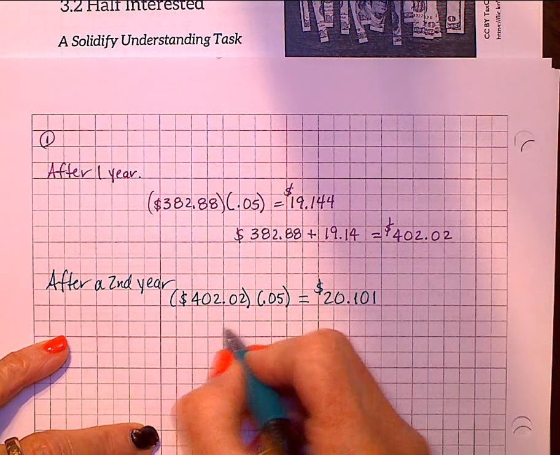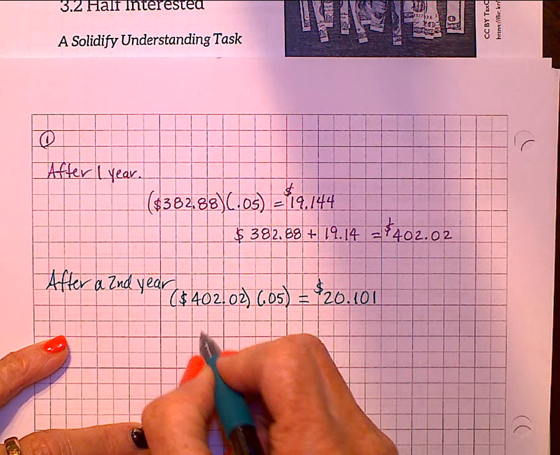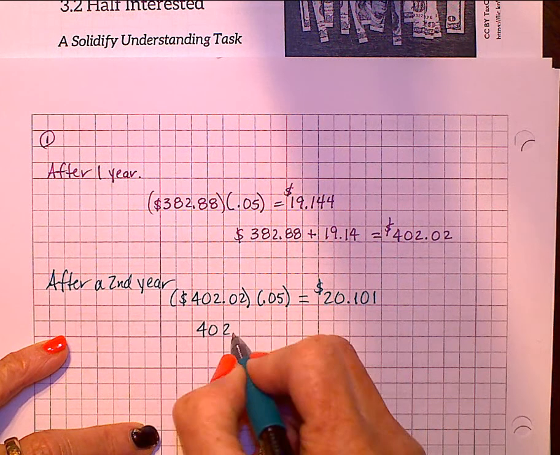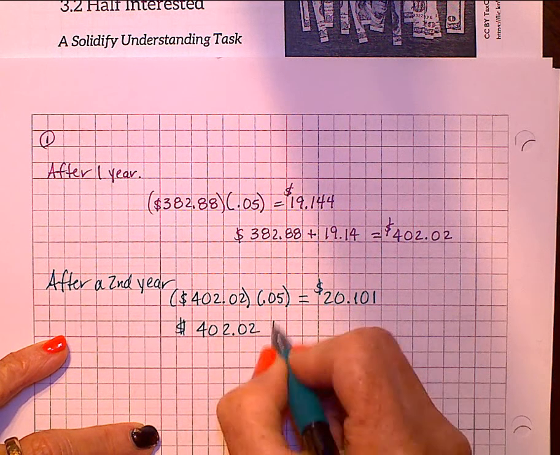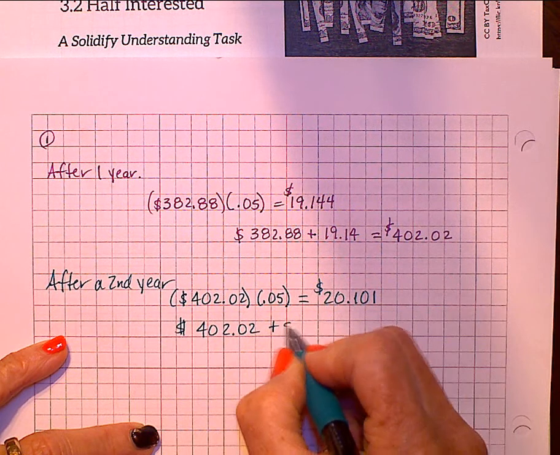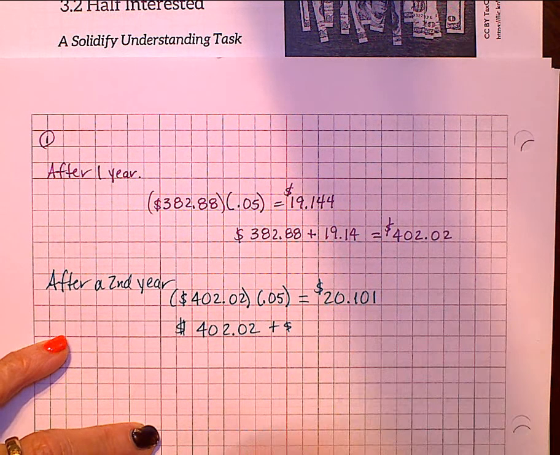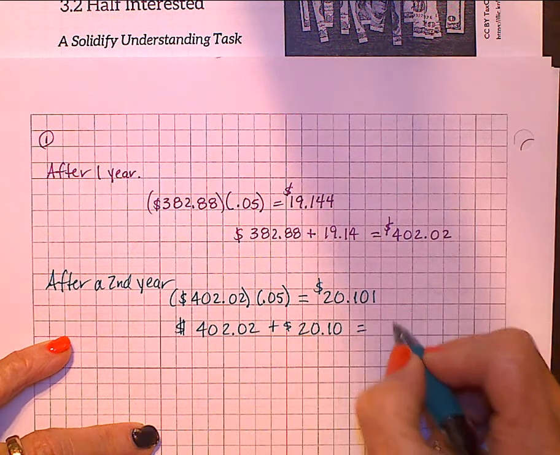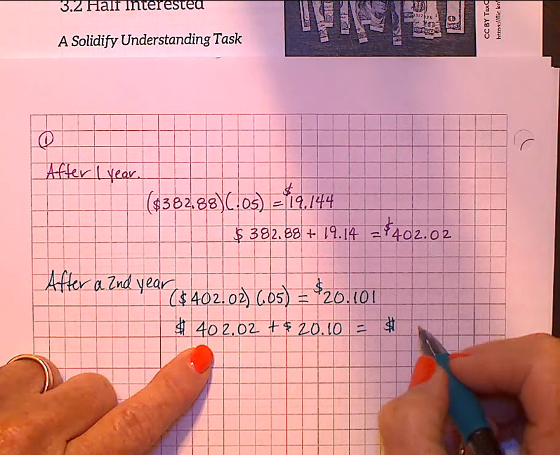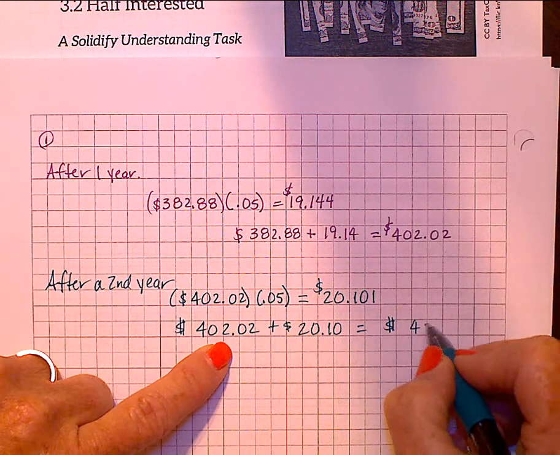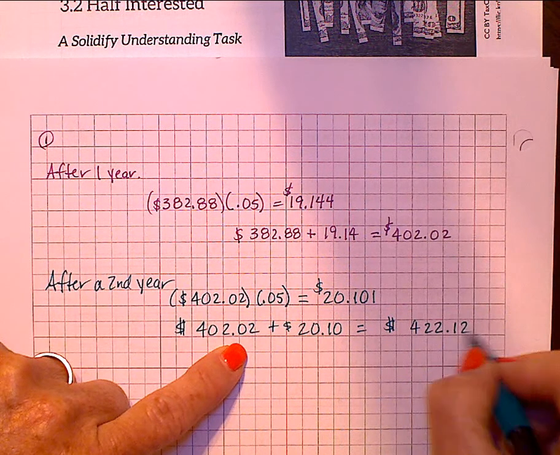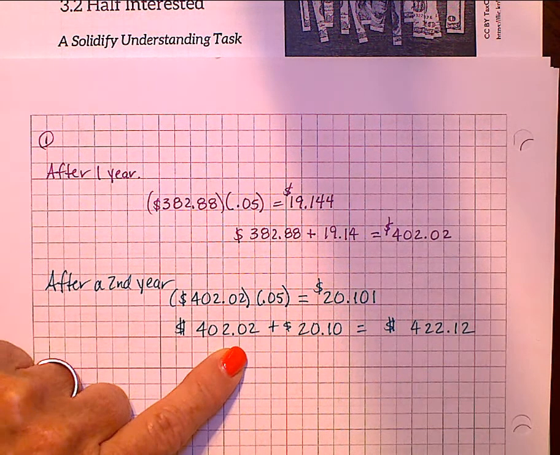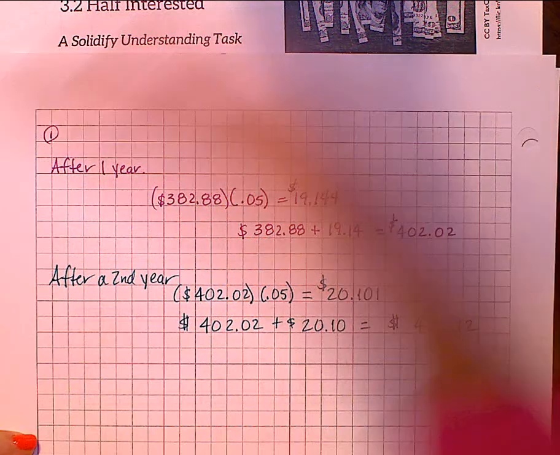So how much money is in the account now? That $402.02 plus this $20.10 interest. And now they have a total of $422.12. After a third year,